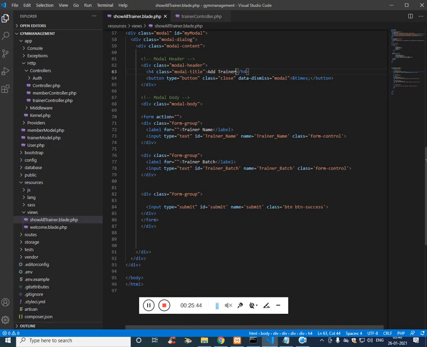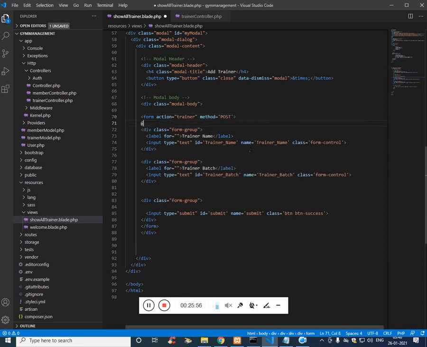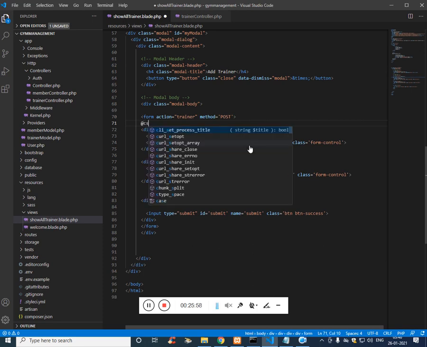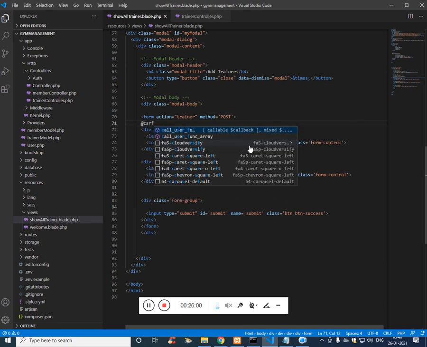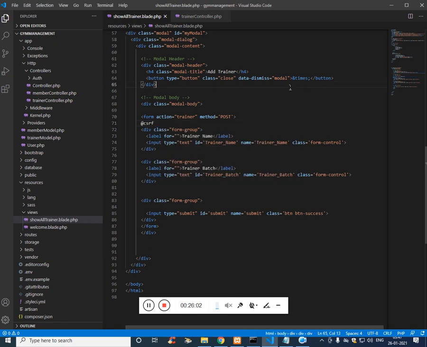So let's add the action as trainer. Where is the form? And the method is going to be post. And whenever you use form, you should write CSRF, cross-site request forgery for Laravel.